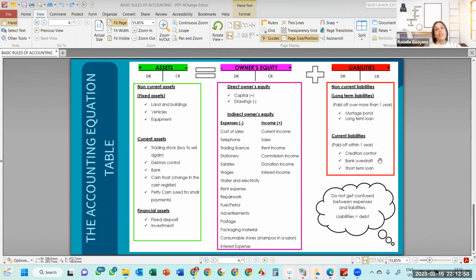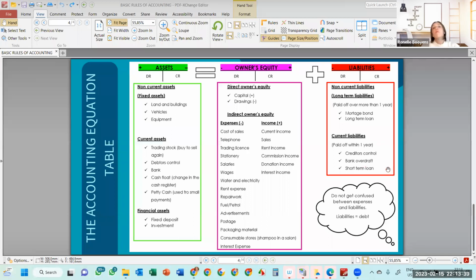So the moment you start using the bank's money, FNB's money, then bank is not an asset. Your bank account is not an asset anymore. It now has become a liability because our business owes that money to FNB. All right. And obviously, as soon as maybe we receive some money in and our bank balance goes into a positive bank account, green, or black, it's not in the red anymore, then bank becomes an asset again. We don't really deal with that on grade 8 or 9 level, but I always expect my students to know that, and that if you have that knowledge, then it does make sense as we go along.